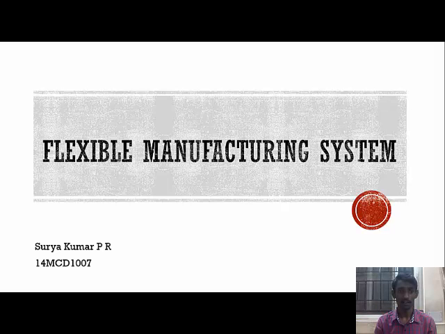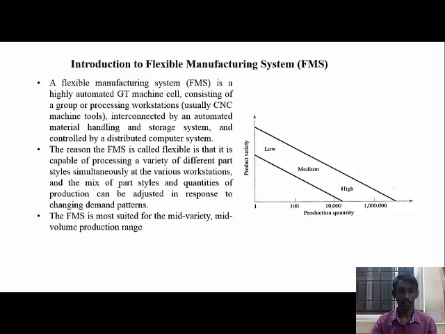This video seminar is about the flexible manufacturing system. A flexible manufacturing system is a highly automated system which consists of many workstations interconnected by an automated material handling and storage system, which is controlled by a distributed computer system. It is called a flexible system because it can process a wide variety of parts at different workstations simultaneously,